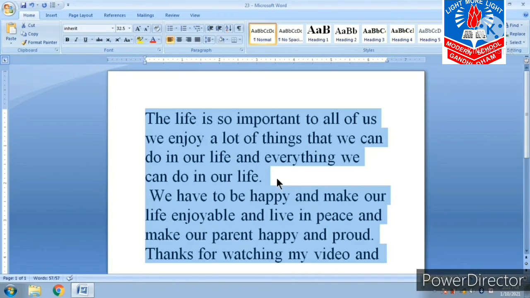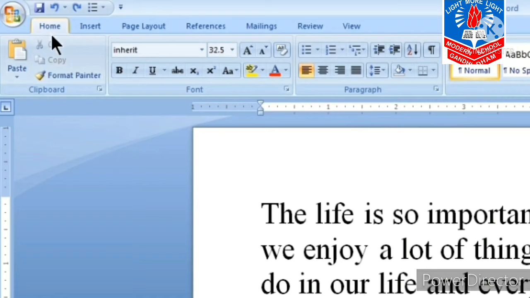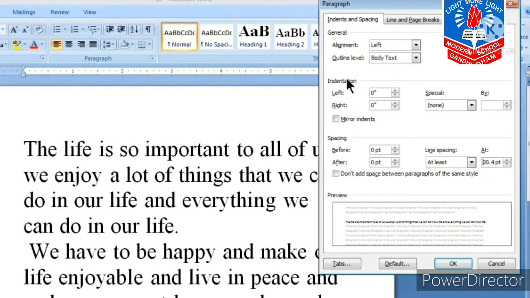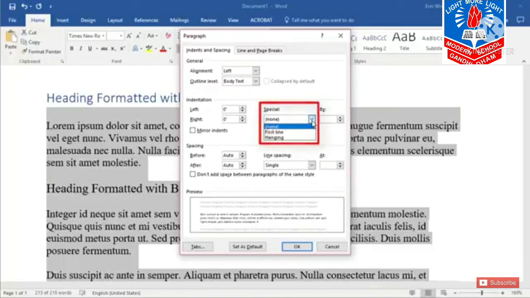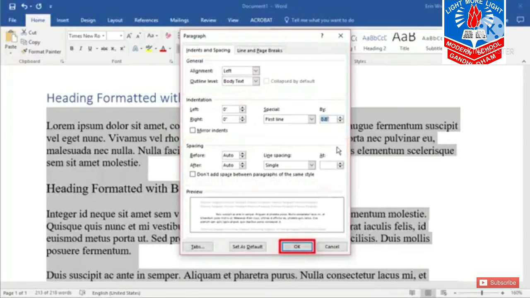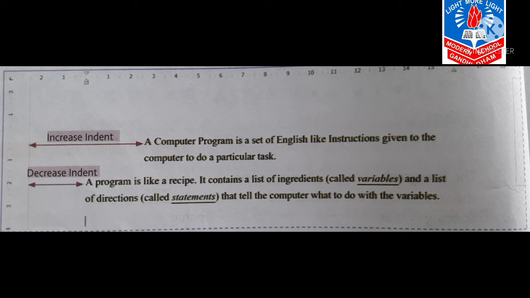First, select the paragraph in which you want to insert indents. Second, in the Home tab, navigate the Paragraph group and click the Paragraph dialog box launcher in the group. Third, the Paragraph dialog box opens on the screen. Click the Indent and Spacing tab. Go to the Indentation section in the dialog box and specify the left, right, first line, hanging indent. Click OK option. Fifth, the selected text showing the specified indent is displayed on the screen.